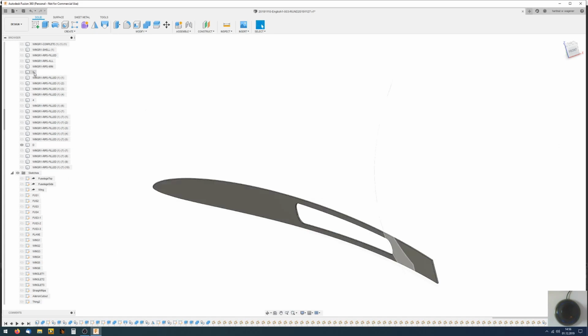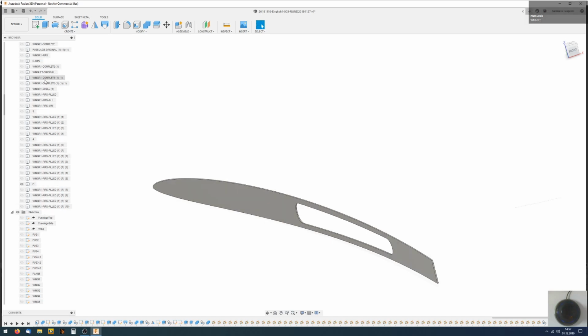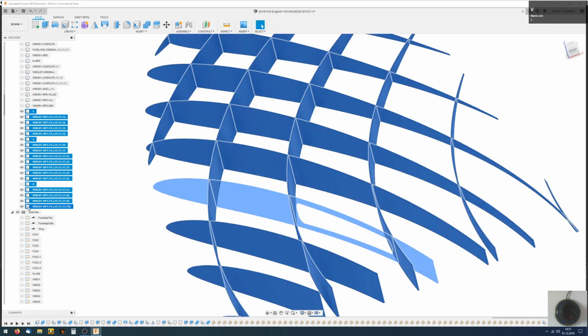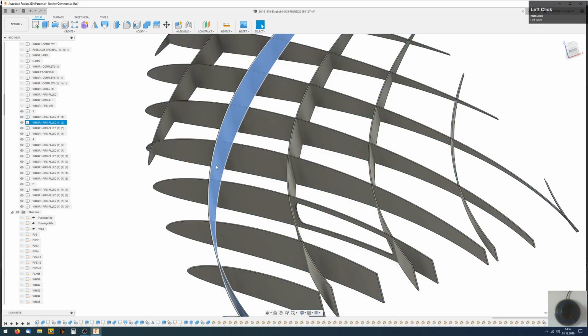So now I choose other whips I need. So let's make them all visible again. These all are visible now. This is D. Now I choose this one.